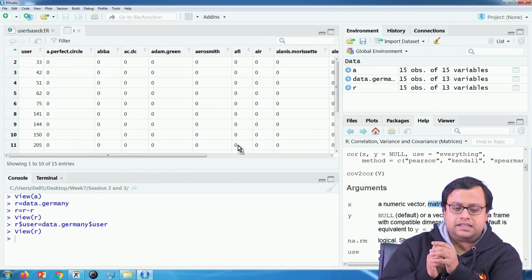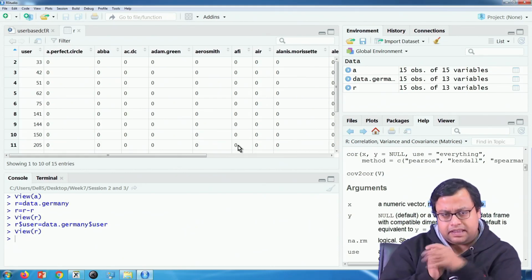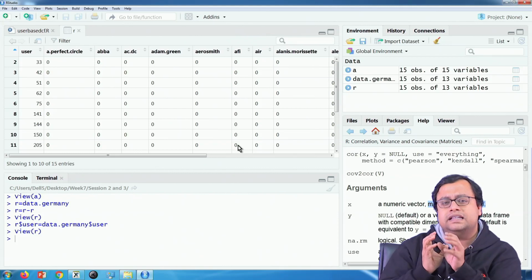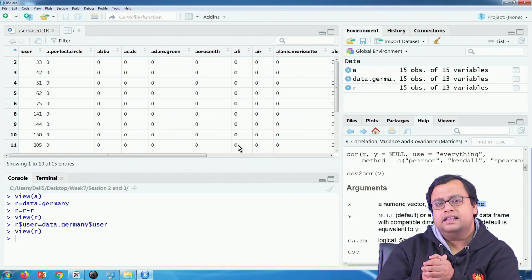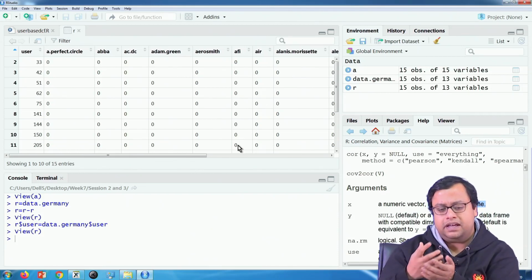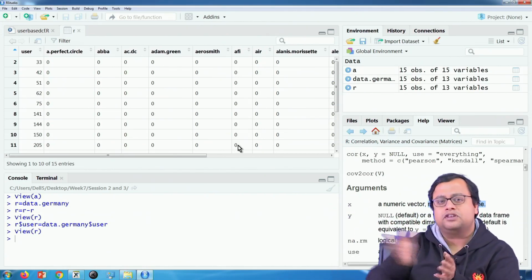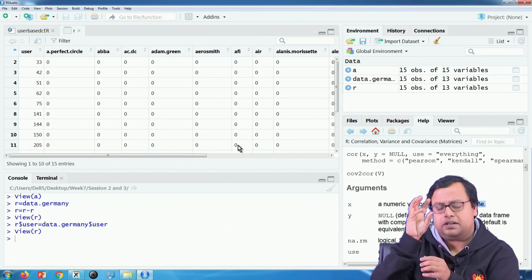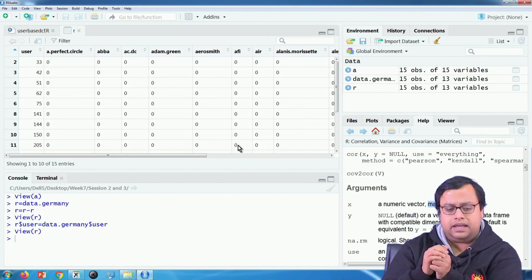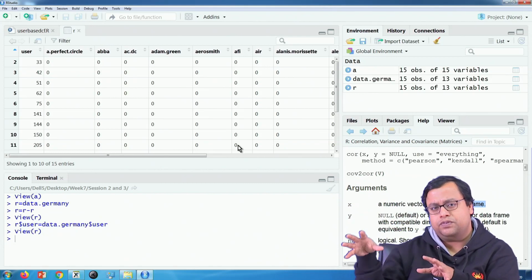Now what I will do is find out, for each user, let's say user number 33, how much is his probability or propensity or attractedness towards a perfect circle. Then how much is it for ABBA, how much is for AC/DC, and so on. I will populate all those, and then I will sort them, one row at a time. So I will first populate. If you think that okay, 33 should see 10 movies, these are the various 10 movies